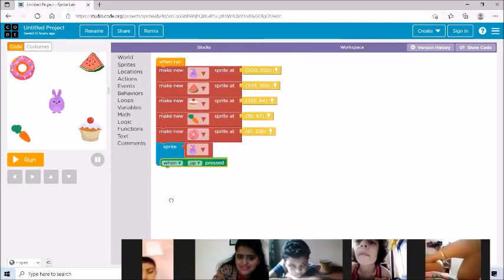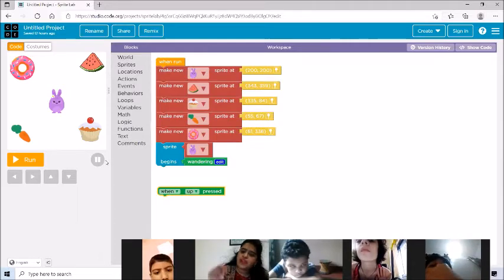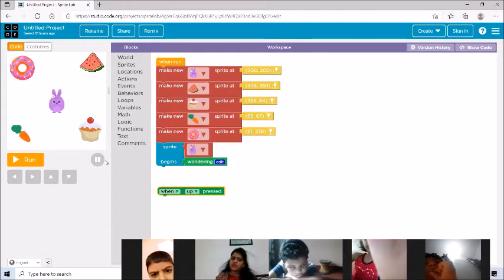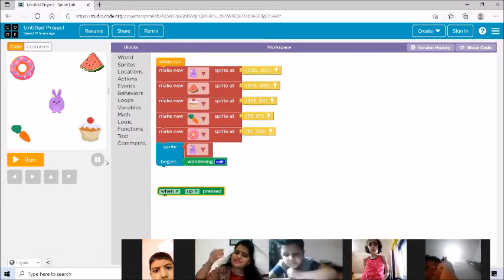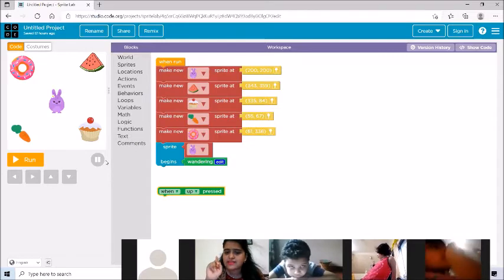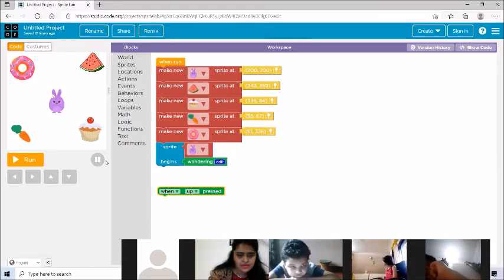When up pressed, then what will happen? It should move when up arrow key is pressed. It should move in the north. Okay. When down arrow key is pressed, it should move in the south. So for four arrow keys, we will have to take 4 blocks. Understanding everyone? For 4 arrow keys, we'll be making 4 code lines, right?